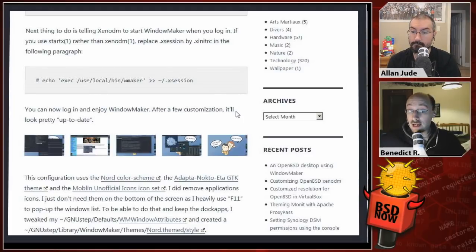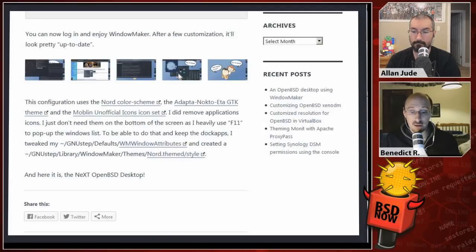Next thing is to tell XenoDM to start WindowMaker when you log in. And if you use startx rather than XenoDM or any other desktop manager or login manager, replace .xsession by .xinitrc in the following paragraph by just removing or commenting out the /usr/local/bin/wmaker line. Okay, and now you can log in and enjoy WindowMaker, and there are a couple of screenshots from the desktop,